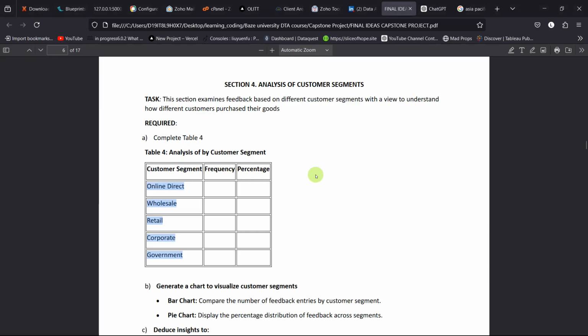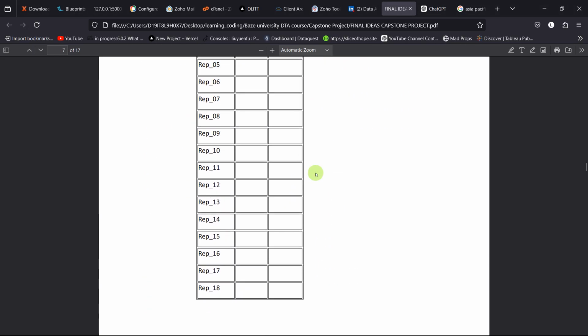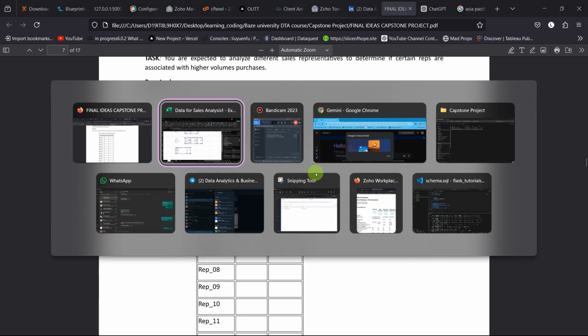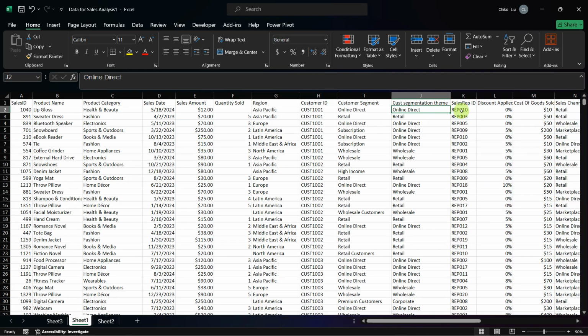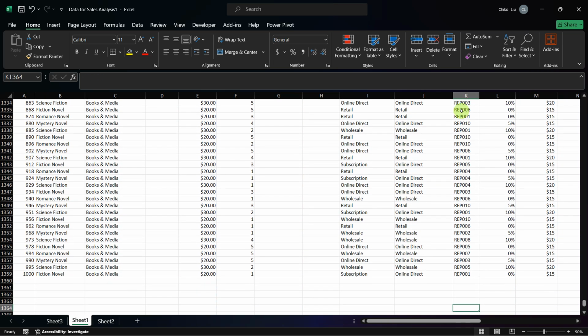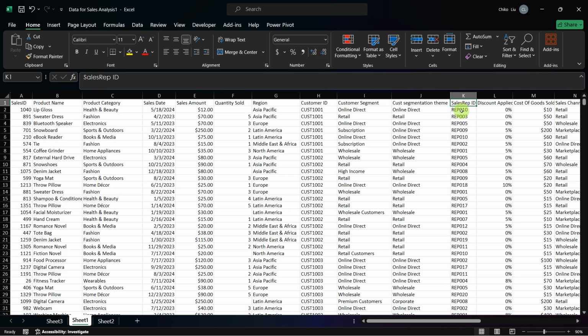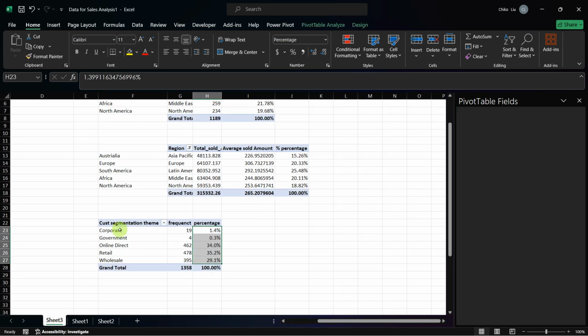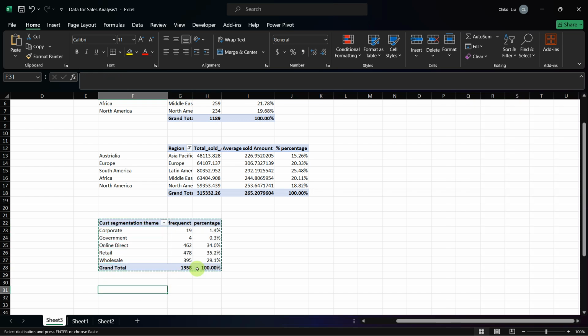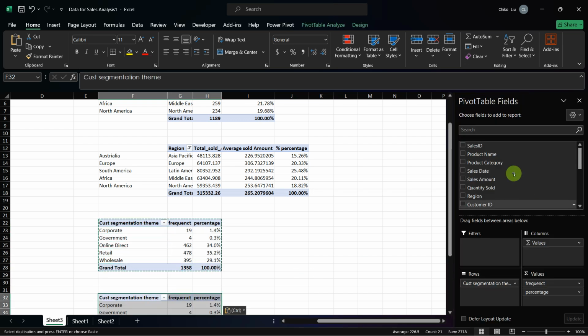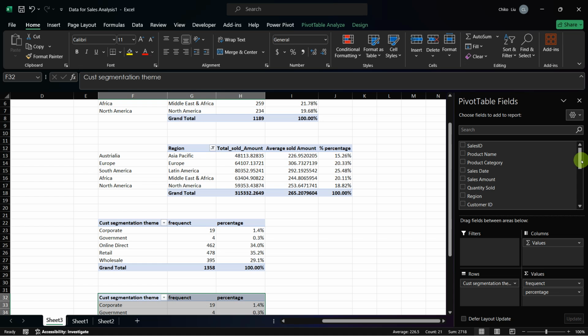Next question. These questions are plenty. Okay, so this one is sales rep ID, right? Sales rep ID, you don't need to do any cleaning there. You can just copy this here, paste it somewhere, and usually just try and refresh. Sales rep ID will be this one. You just